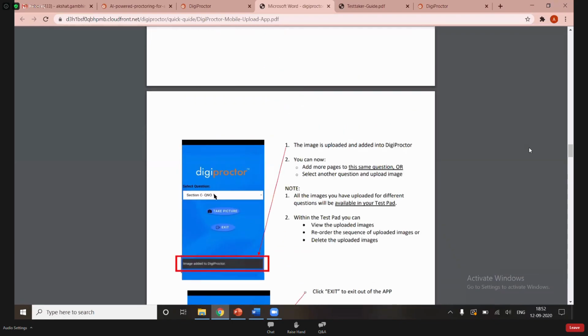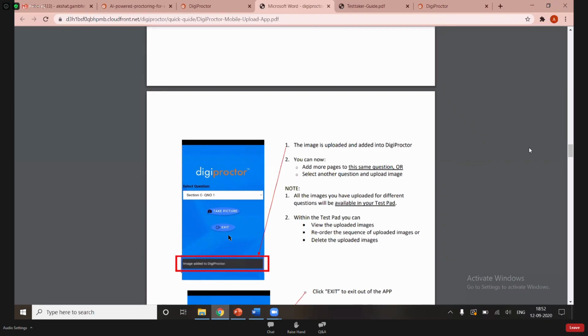You can use the same question and associate up to 20 images into one question. Let's say your answer is long and it's going to 4 pages. So you can associate 4 images via just choosing that particular question, and so on. For the next question, whatever question you need to upload, just ensure that it is being done there and keep uploading the images.